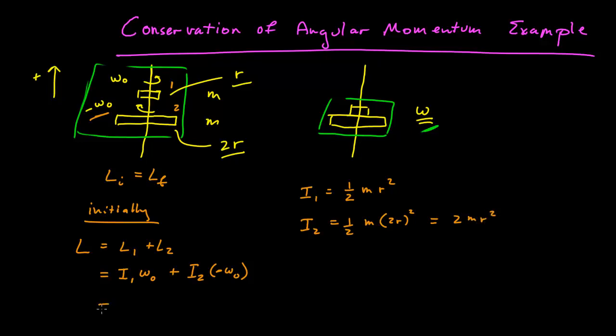So the initial angular momentum is equal to 1/2 m r squared omega naught minus 2 m r squared omega naught. So our initial angular momentum then was negative 3/2 m r squared omega naught. All right. So what happens then